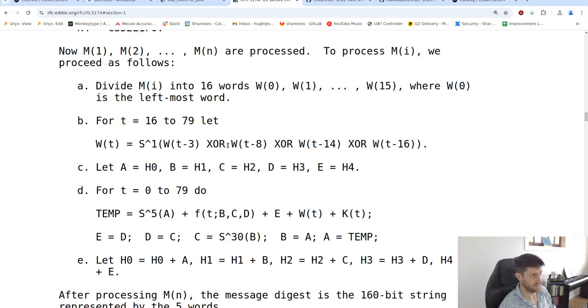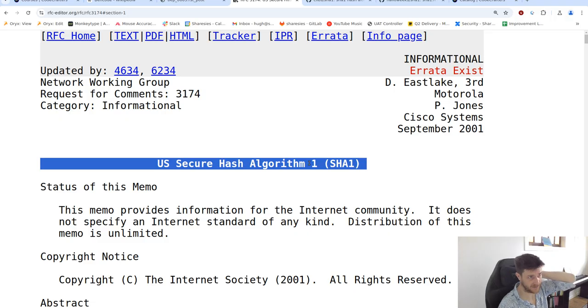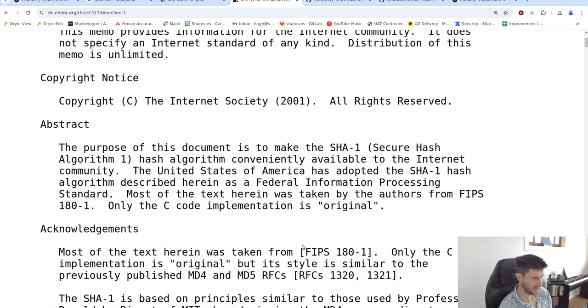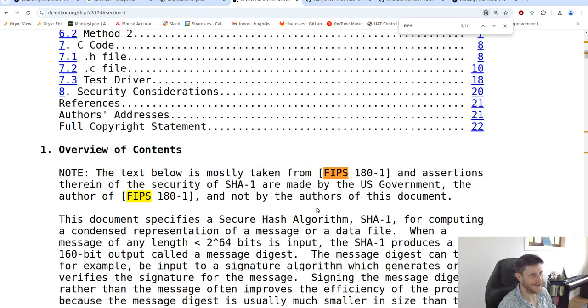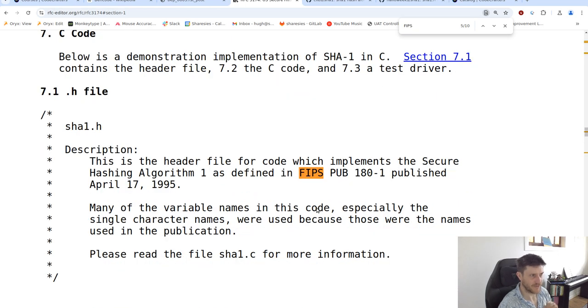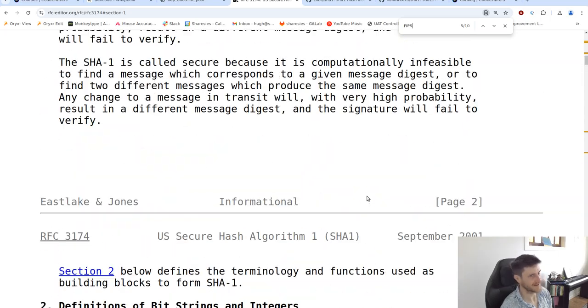But SHA-1 is actually kind of old. If we go to the start of this, it's the RFC for SHA-1, which was actually based off the Federal Informational Publication. No, I'm just making up stuff now. I think it might be something similar to that, but basically it was copied from this, and funnily, they actually mention it twice in short succession. Anyway, what I want to do is